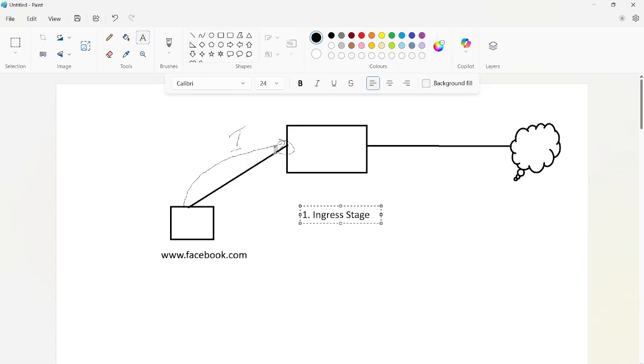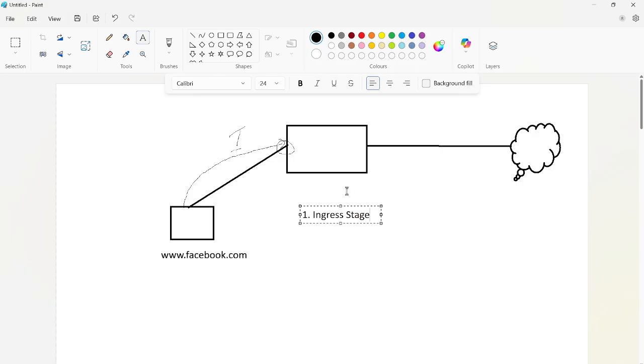The interface at which the firewall receives the traffic is what we call the ingress interface, or inside interface, and the first stage in this process is the ingress stage.